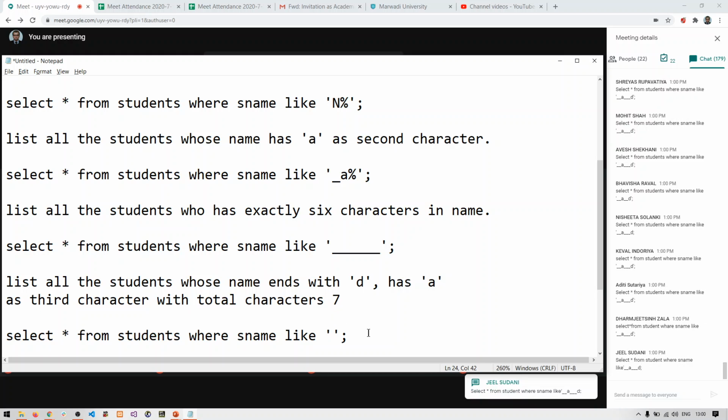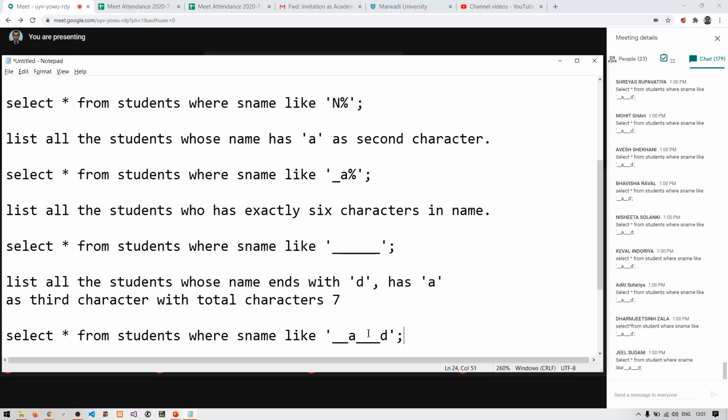So first I will put up 7 underscores: 1, 2, 3, 4, 5, 6 and 7. Right? Now I have the condition that D should be the last. So I'll remove the last underscore and put D here. Right? So D is there, and then A should be the third character. So I'll put 1, 2 and this will be the A. So this is the right answer.